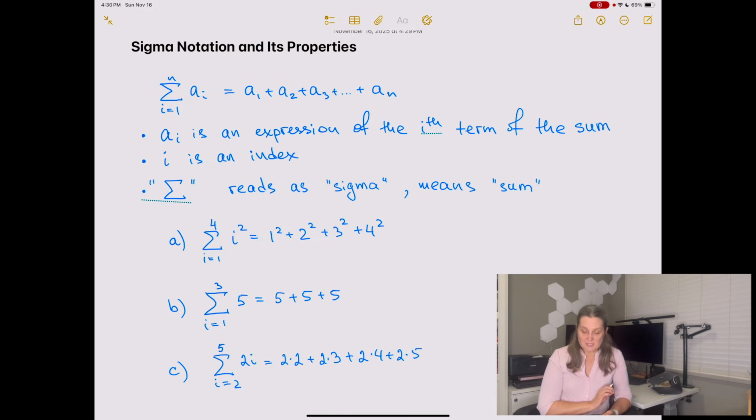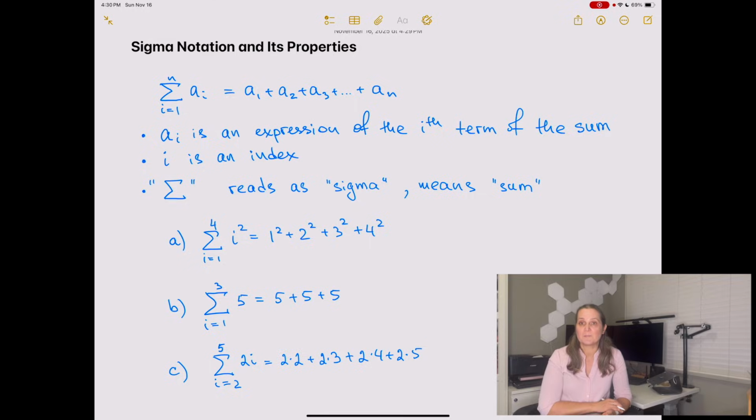Now let's consider the sum where the index doesn't start from 1. Say here is a sum as the index goes from 2 to 5 of the expression 2i. When i is equal to the lowest value 2, 2 times 2 is 4, and that's our first term. The second term is when i is 3, 2 times 3. i rises to 4, giving us 2 times 4 as a third term. And the last term in the sum is when i is equal to 5, 2 times 5,